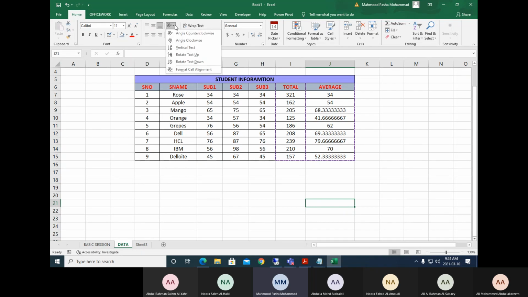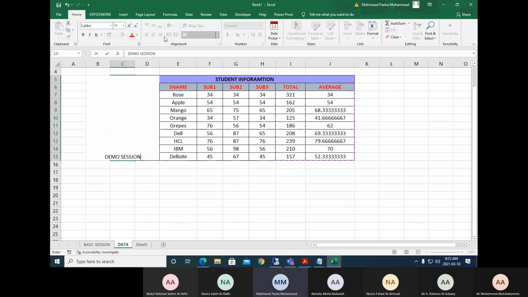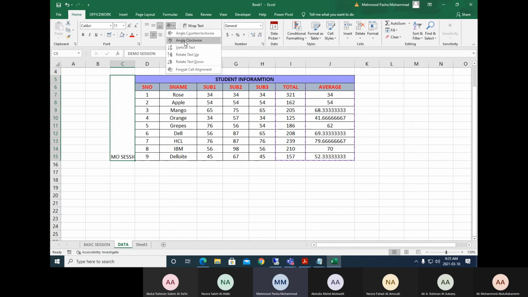Now here, this is the information data. For example, I have something here, merge and center. I will write here, this is demo session. Demo. I have written the information in this format. Whenever I want the data to be modified, you can see now this has been turned into a vertical direction.